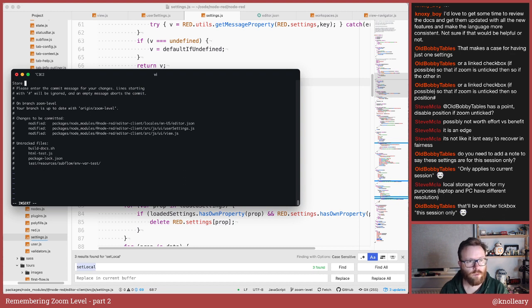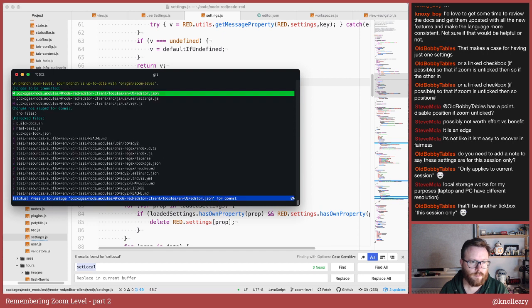So we've got store scroll position in local storage, and add override options to zoom, scroll. Not the best commit message, but try again.